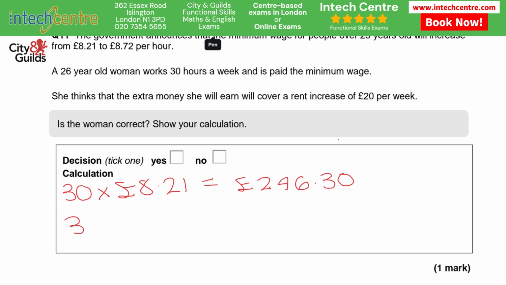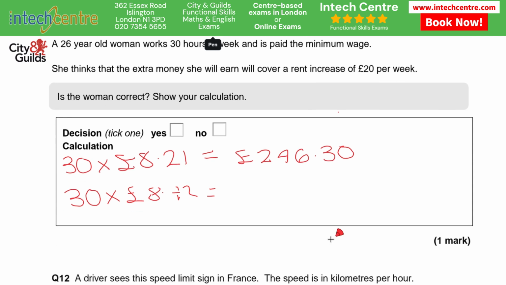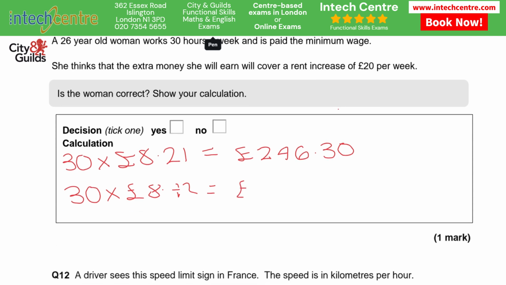Now, her new wage is what we calculate next. So with her new wage, she's working the same hours, which are 30 hours, times by £8.72. And this is equal to £261.60. Now, she wants this to cover a rent increase of £20 per week. The difference between these figures over here is £15